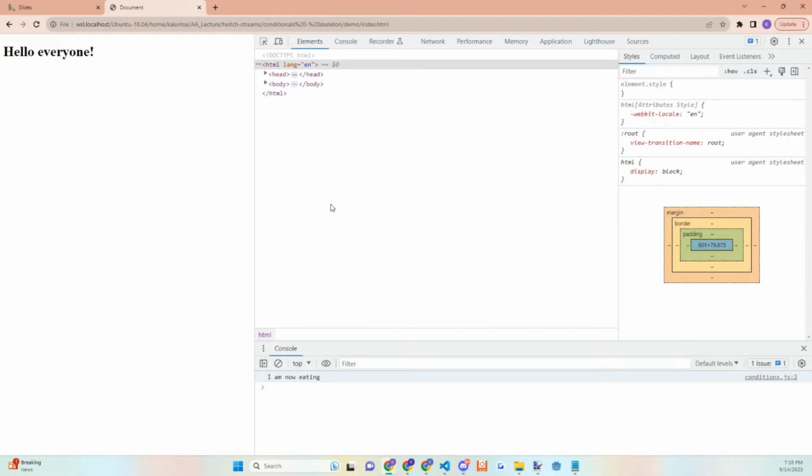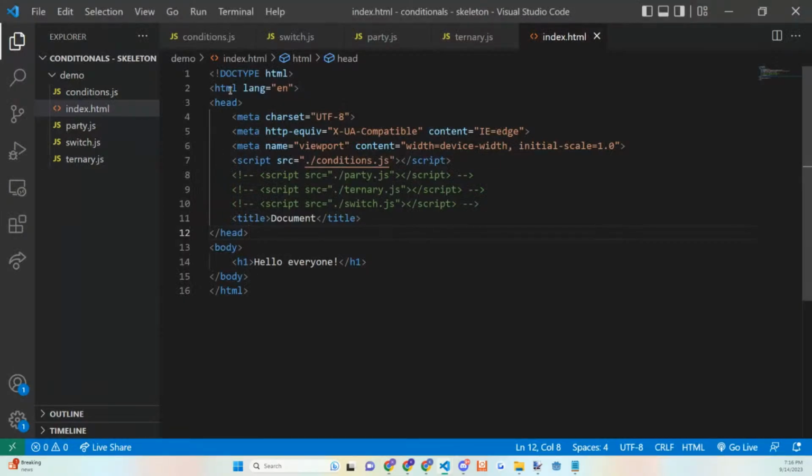And that's because the JavaScript code is running upon the HTML document loading. So not going to get into HTML documents too much here, but just to demonstrate how we are going to test things.